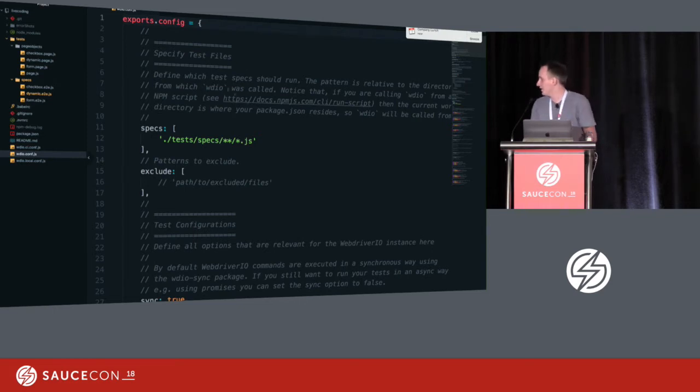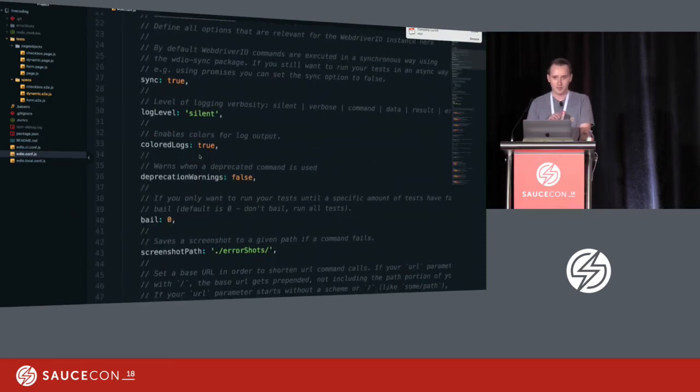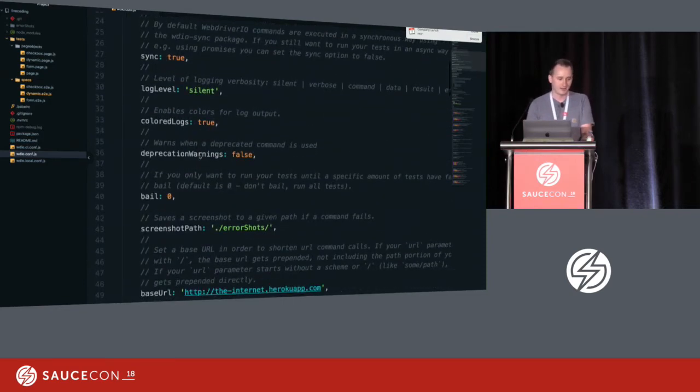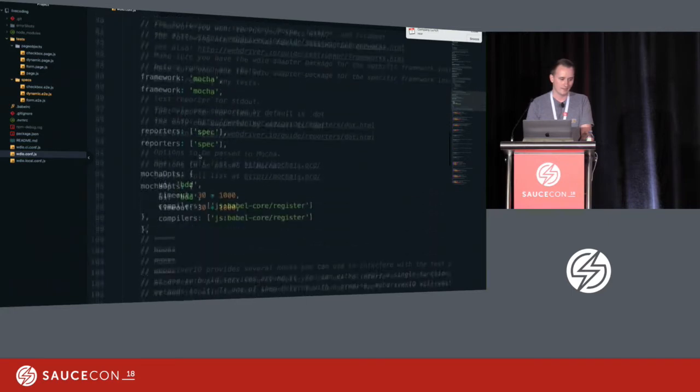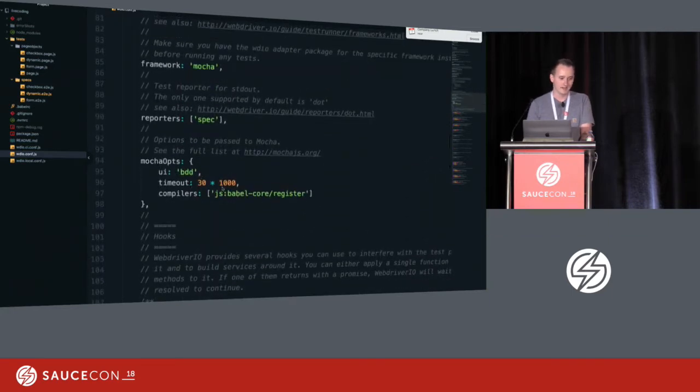As you can see on the left side, I have 3 different WebdriverIO config files. The reason for that is I want to have a config file for each individual environment. So I have one main config file where I put all my information about all environments. So something that never changes over time. For instance, the framework that I use and a couple of Mocha options, right? Then I have a local config